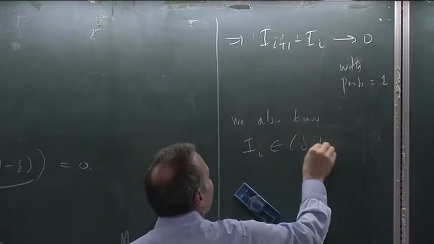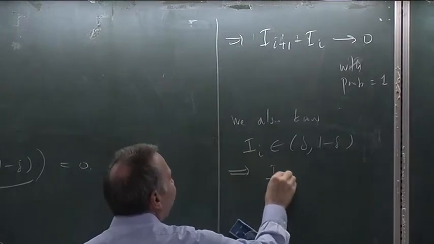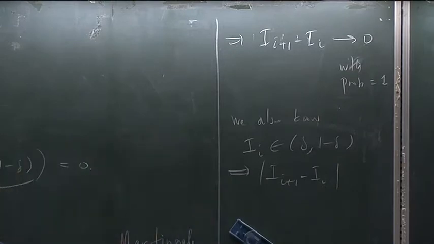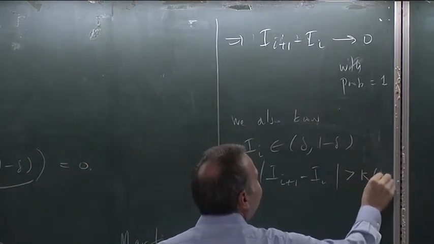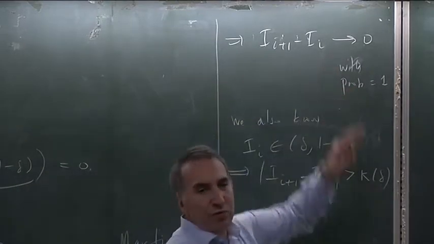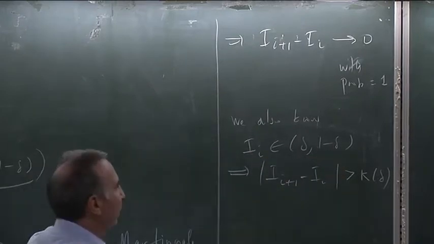that I_i between delta and 1 minus delta implies at the next level you create either the plus or the minus channel whose difference between the channel that you have is at least kappa of delta. We know that. Okay. So if this is going to 0, this cannot be happening. So the probability